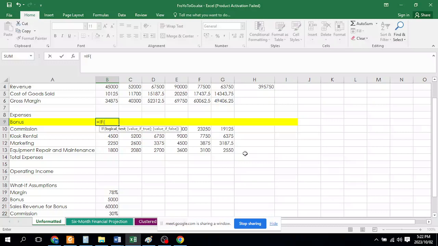All right. So our logical test is as follows. B4, greater than or equal to. Now, we are going to test against the value in B21. Now, if you look here in B21, the sales revenue for bonus is 60,000. And if you just look with your eye quickly, you will see 45,000 is not greater than or equal to 60,000. So if we do this IF statement correctly, in this cell, it's going to say 0